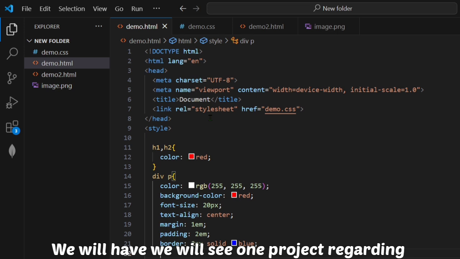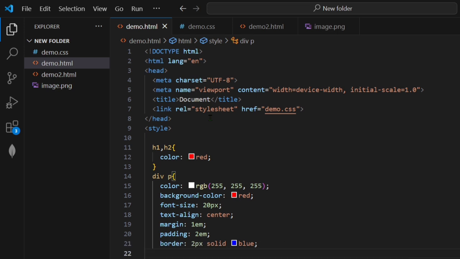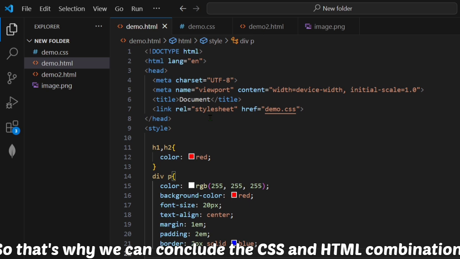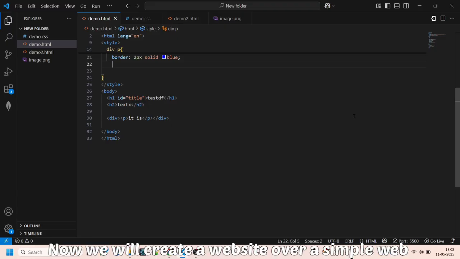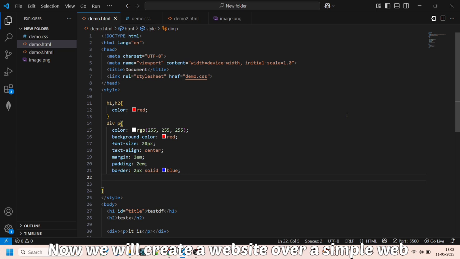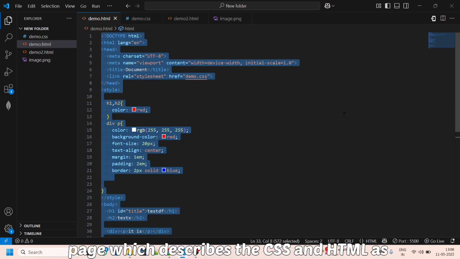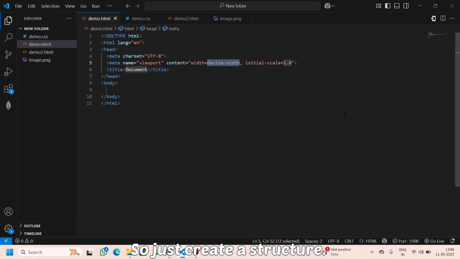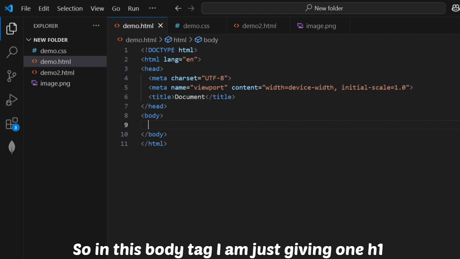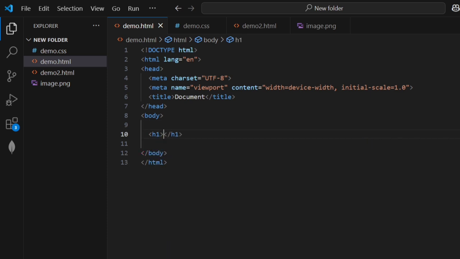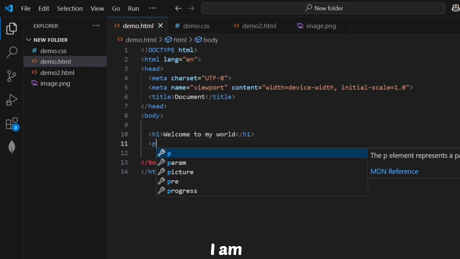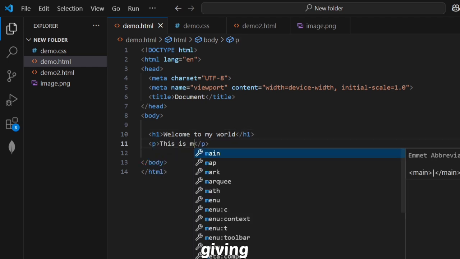We will see one project regarding HTML combined with CSS. So that's why we can conclude the CSS and HTML combination. Now we will create a simple web page which describes the CSS and HTML as we discussed in modules 2 and 3. So just create a structure. In this body tag I'm giving one h1 with some text, and another text of p. This is my